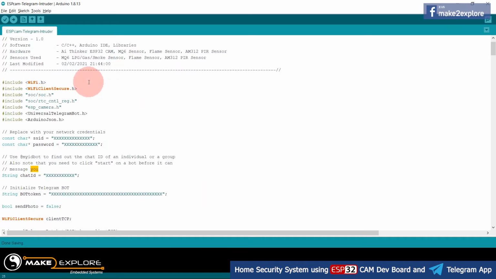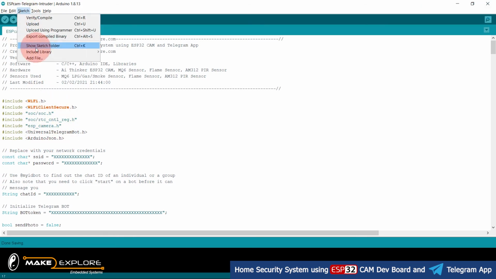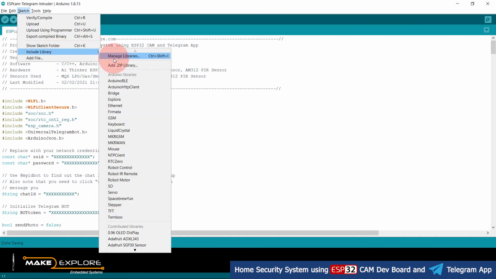Now let's see the code of this project. So here is the code of this project: Home security system using ESP32 CAM and Telegram app. Here we have included all these libraries as we have seen earlier: the Universal Telegram Bot library and the Arduino JSON library. You can install these libraries here using include library and manage libraries.